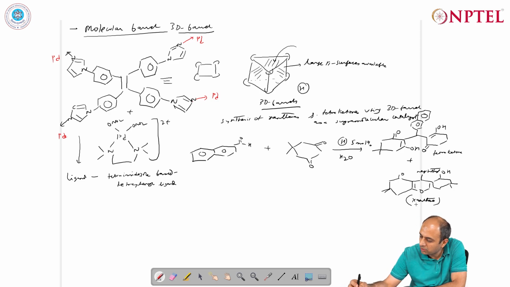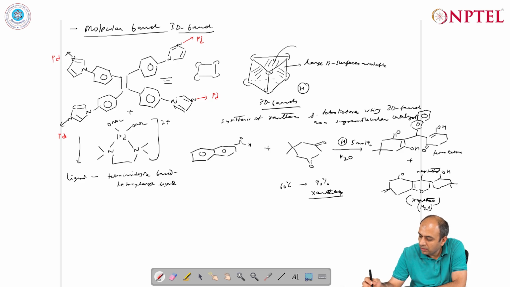and this happens because of the intermolecular cyclization, and the water molecule which is formed in this reaction can easily be expelled because of the hydrophobic cavity. So that drives the reaction towards the right hand side. Because we got both the products, the idea was to obtain complete conversion of tetraketones to xanthene, and then the reaction was performed at 60 degrees centigrade, a relatively high temperature, and that led to the formation of 90%